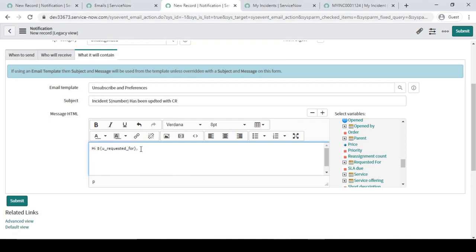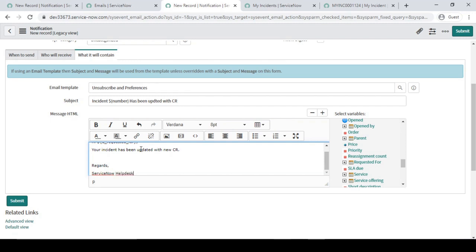Hi, your incident has been updated with new CR, right? Regards, ServiceNow